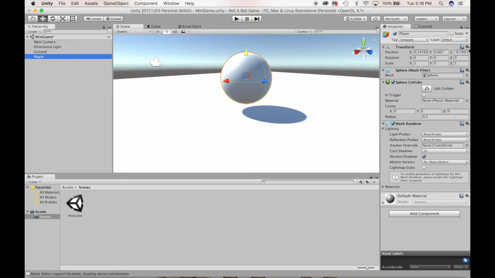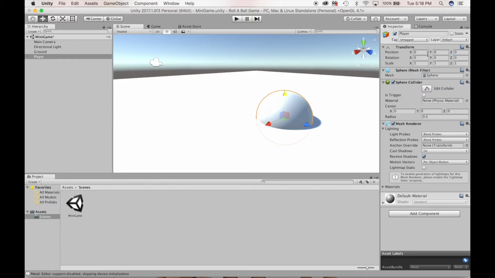And what I'm going to do is I'm going to click on this gear and click reset. So what happens now is it moves this sphere to the origin. It's, by the way, the same origin that the plane is set to. The problem is that the sphere is now inside. Half is on top, half is on the bottom. I shouldn't say inside. Half is on top of the ground plane, half is on the bottom of the ground